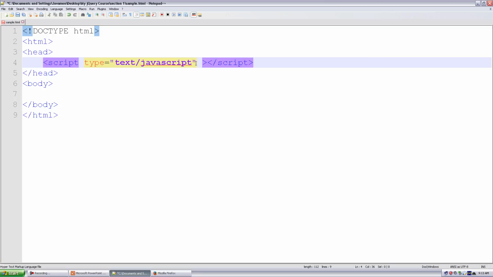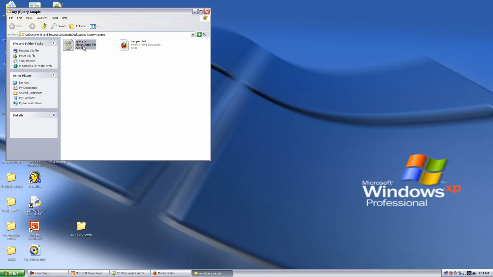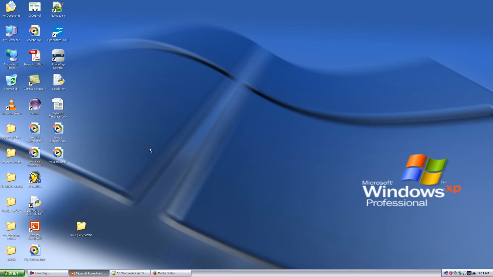So I know we're going to reference our jQuery library as a source file. So I'll type the src attribute equals double quotation mark, and I'll locate where my jQuery library is, and yours should have downloaded to your desktop. So I'll locate mine. I'll just copy and paste mine to my desktop. And I also have mine in another location as well. So for easier usage,